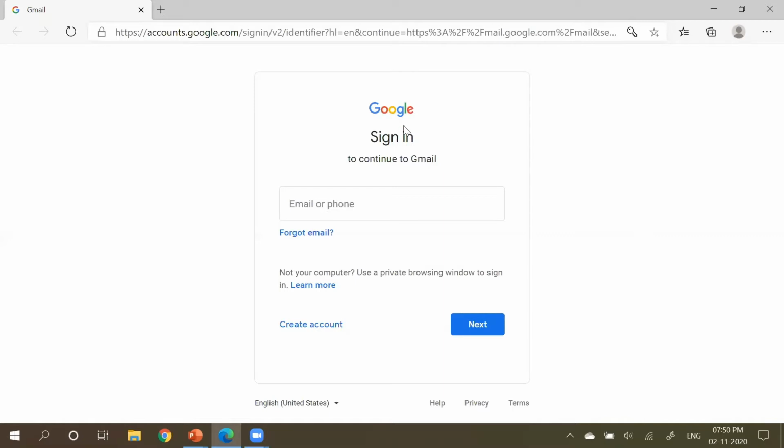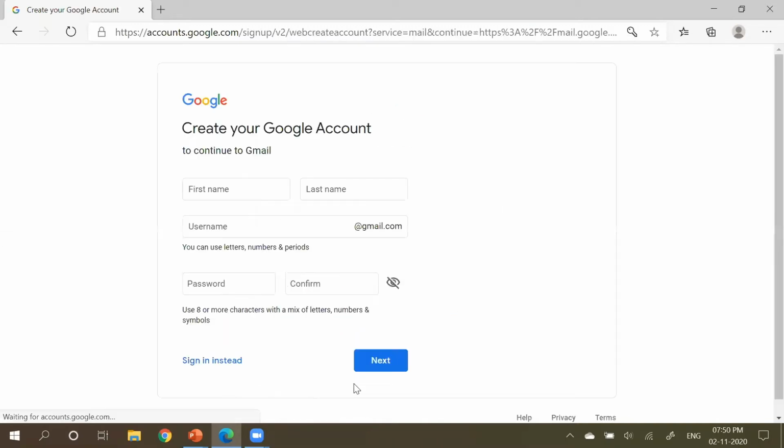When we try to log in to Gmail, it gives us a feature of creating a new account. Just click on create account, where it will ask you whether it's for yourself or to manage a business. So just say managing the business.